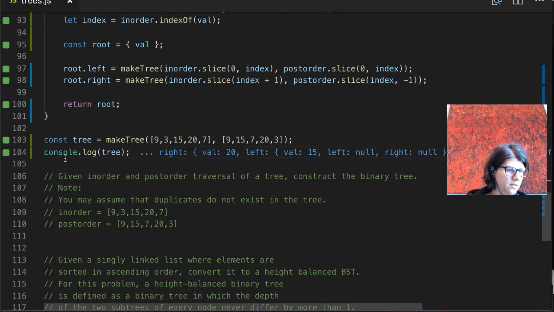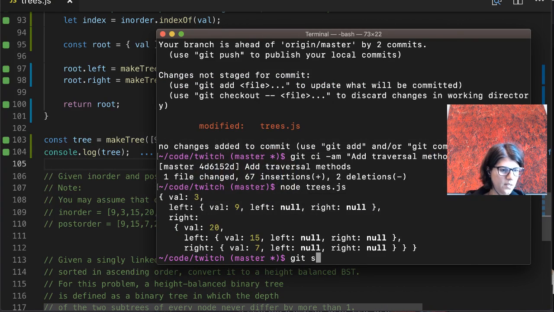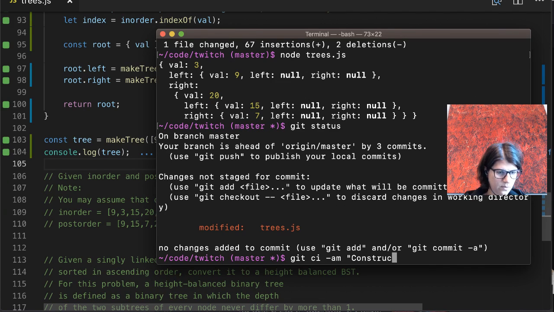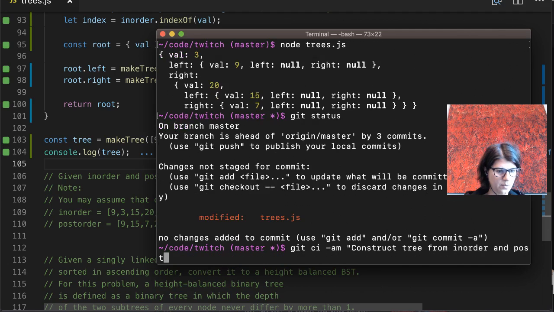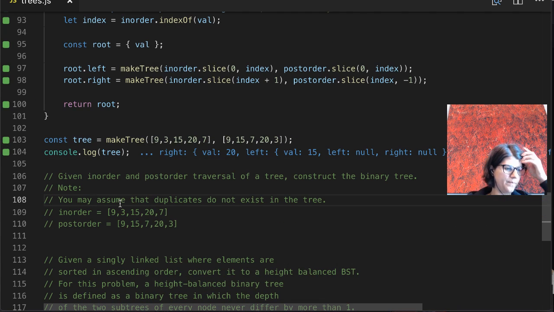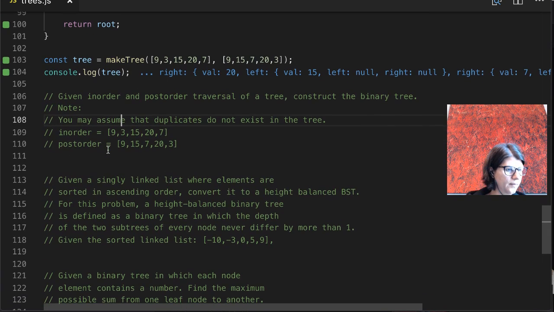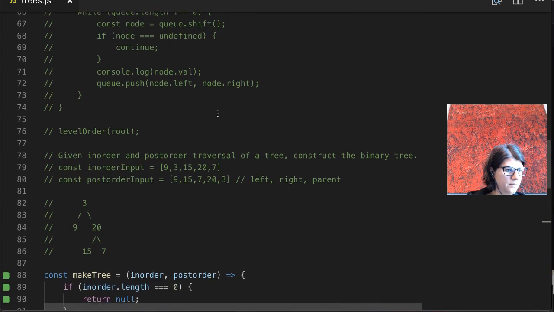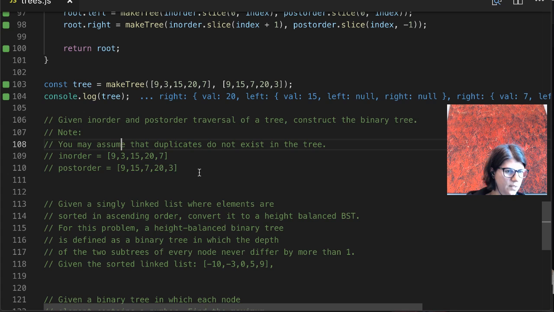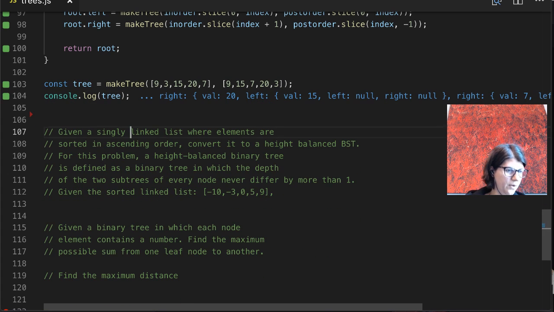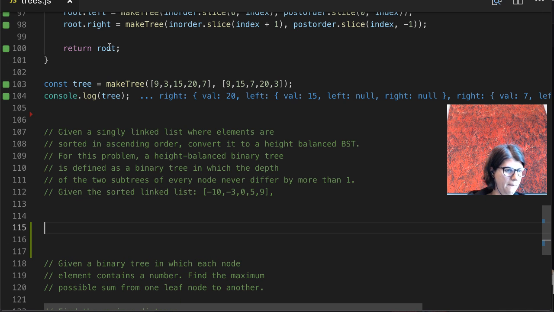All right. So let's commit that. Construct tree from in order and post order. All right. Next problem. Given in order and post order traversal of a tree. No, we just solved that. What am I talking about? Weird. Okay. This is literally what we just solved, right? All right. Now the next problem. Oh, okay. Given a singly linked list, single links, where elements are sorted in ascending order,